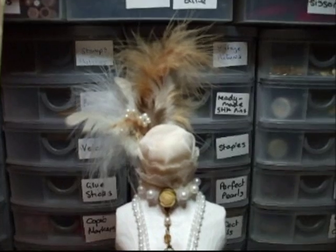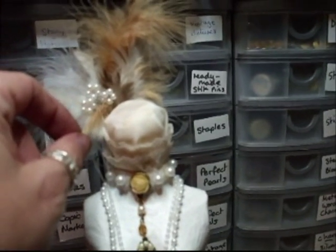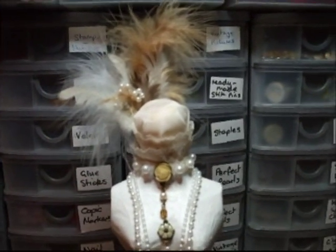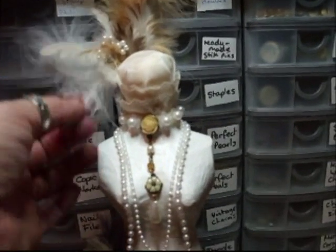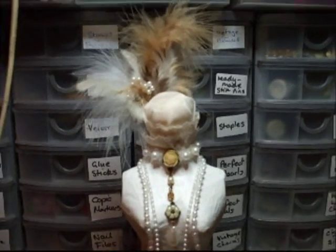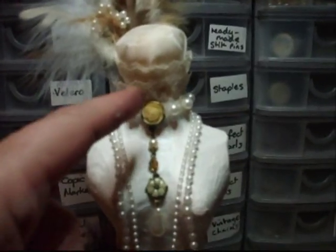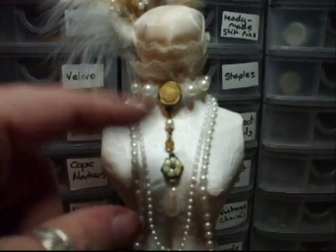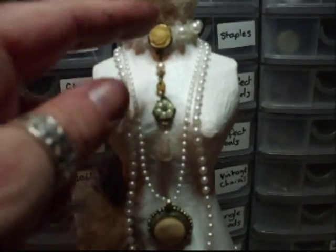But there's the feathers in the hair, and you have got some pearly bling in the head, and some pearly bling as well. And I've done 4 different colours in the feathers. I just elaborated it a little bit, because it's white, cream, beige and brown. I'm not sure how close I can get this. I have put the pearly trim that I did with the little pearl in the flower around the neck like a choker. I've added this vintage